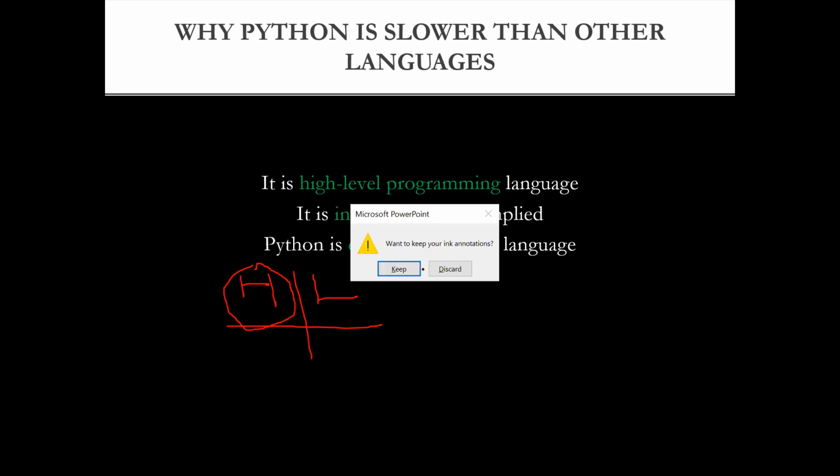Can you hear me? I can hear you, Aishwarya. Do you have any experience in a programming language? Yes, I do have. Okay, you do have.